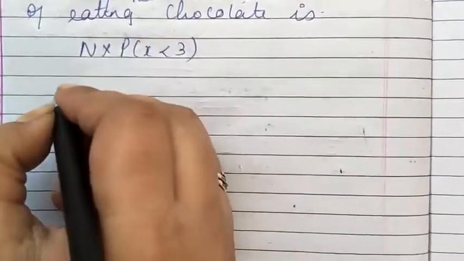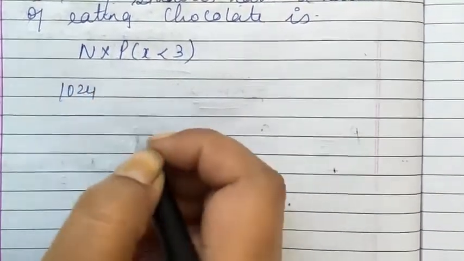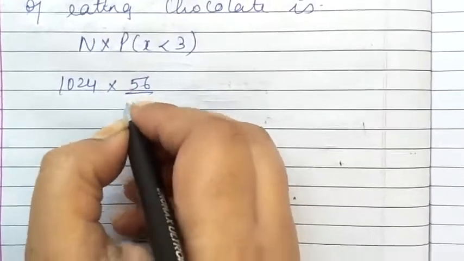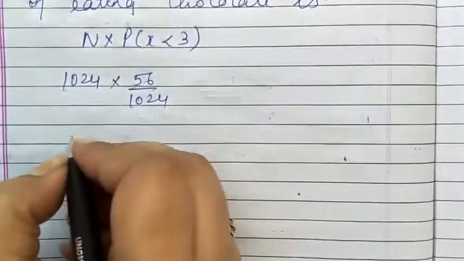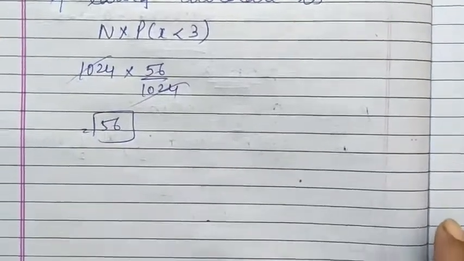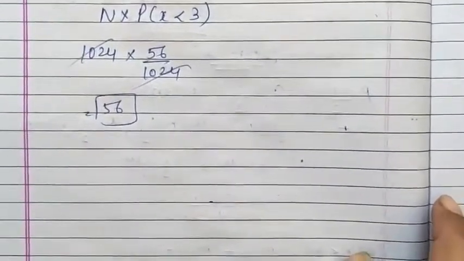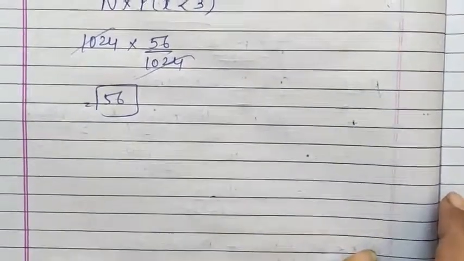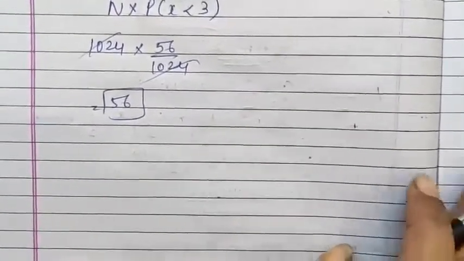So that is n. Value of n is 1024 into 56 upon 1024. So answer comes to 56. So here we complete our sum number 2 of section F, and with this we have completed our section F